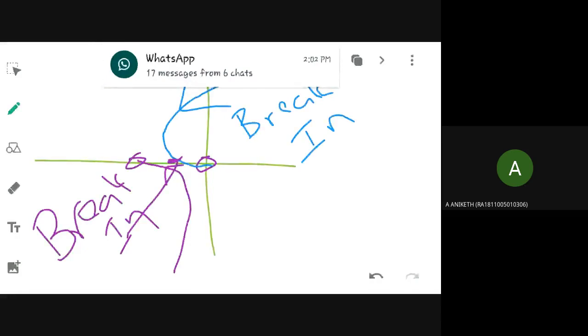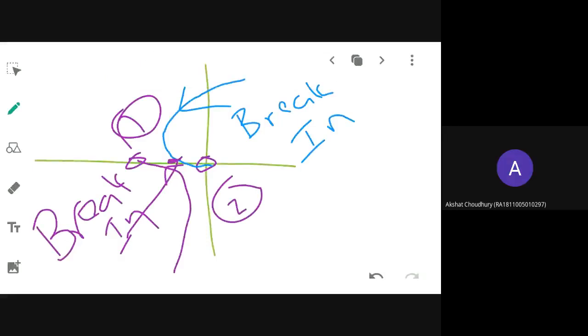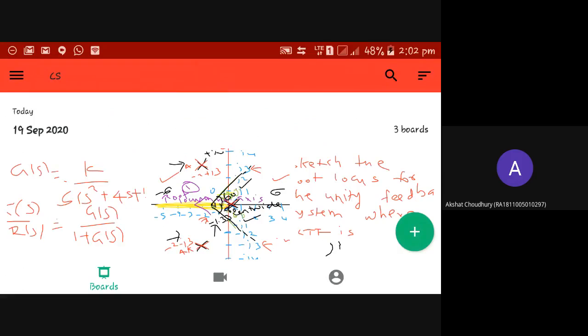But for this problem, are you having this possibility of break in and break out? No. That is why we are not going to discuss it, but still you need to know how to find out the breaking point. With that, I will start the graph, in case I am having time. Wait, that step I will also finish.